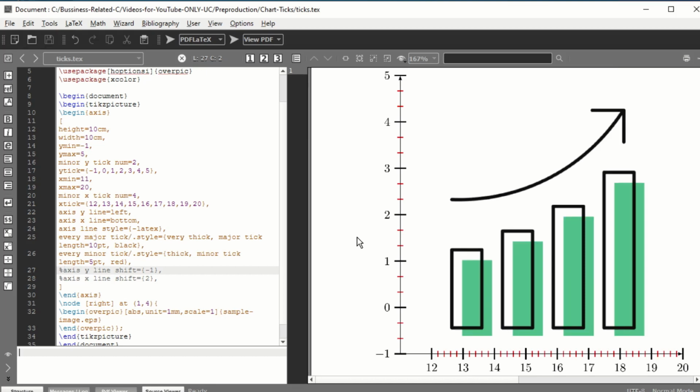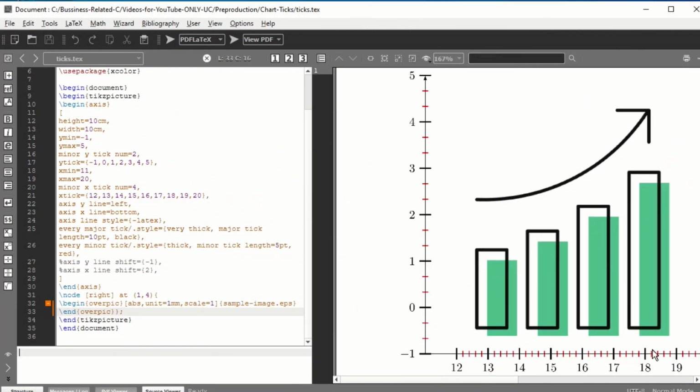So this is how you can manipulate major and minor ticks on your graphs using LaTeX, and you can also insert axes around any image. And now let us say you want to change the color of these major ticks.